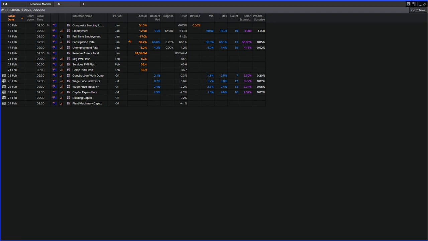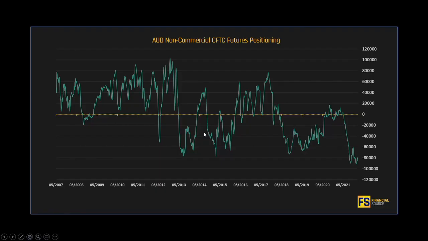So apart from that, the other thing that we've been looking at for quite some time for the Aussie dollar is, of course, positioning. If we consider where we are from a positioning point of view, it's still the biggest net short among large speculators, among the non-commercial positions, the biggest net short among the majors. And we are still very, very close to historical lows in terms of that net short positioning.